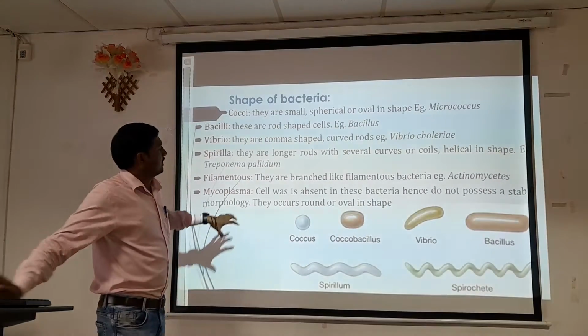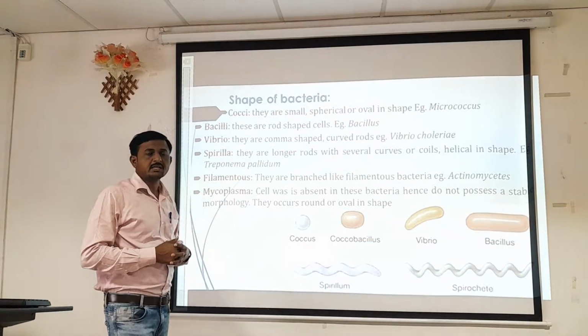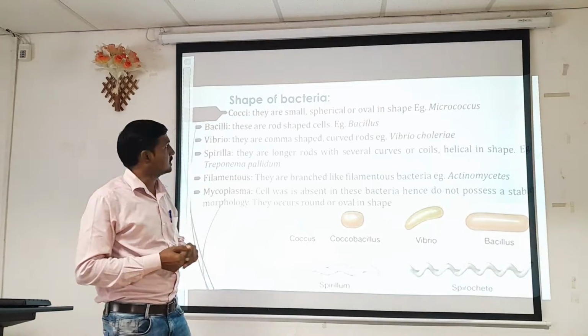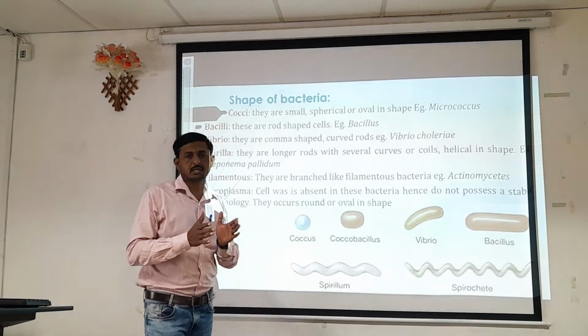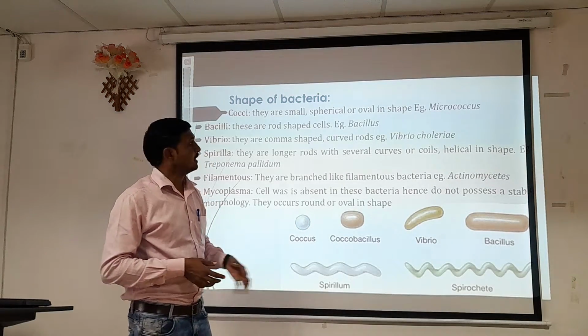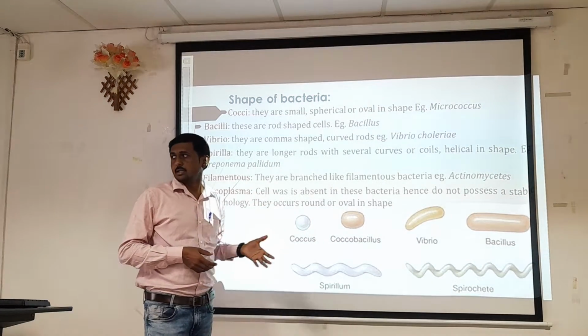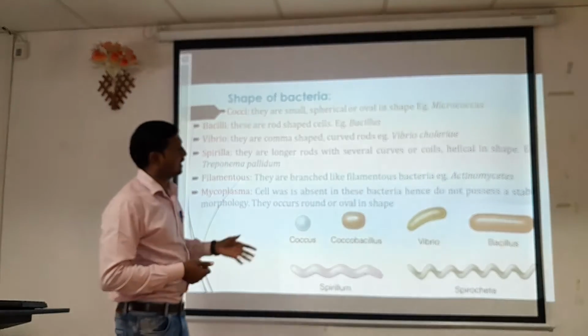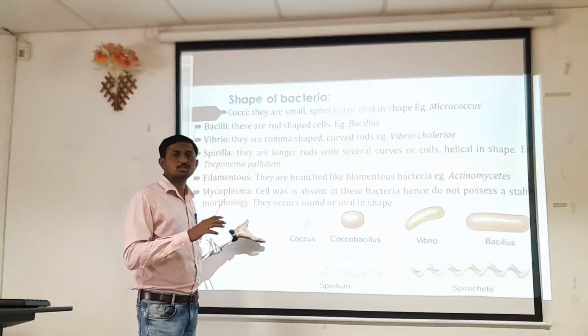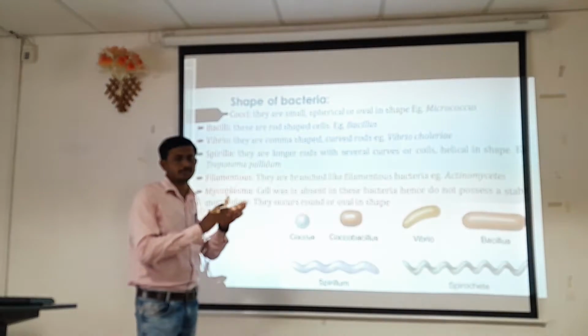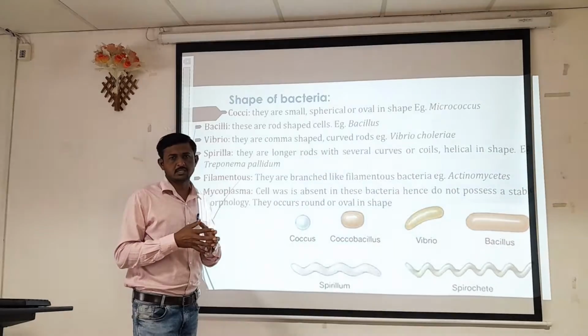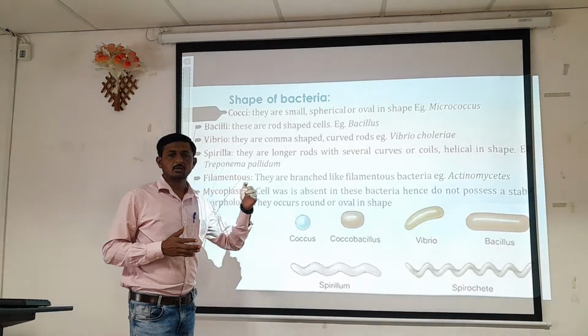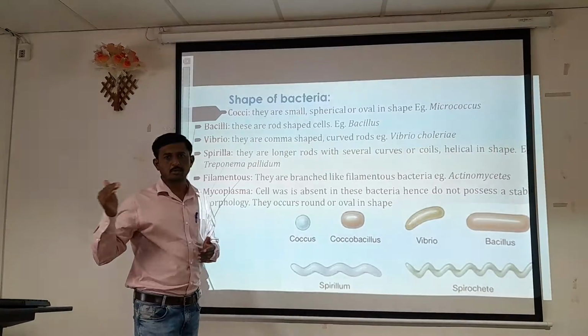So here, morphological characteristics: we have to discuss the shape of bacteria, as bacteria are categorized further on the basis of the shape of the particular bacteria. While performing gram stain, we observe particular gram positive or gram negative bacteria, and on the basis of color we have differentiated the cells into blue color for gram positive and pink color for gram negative.